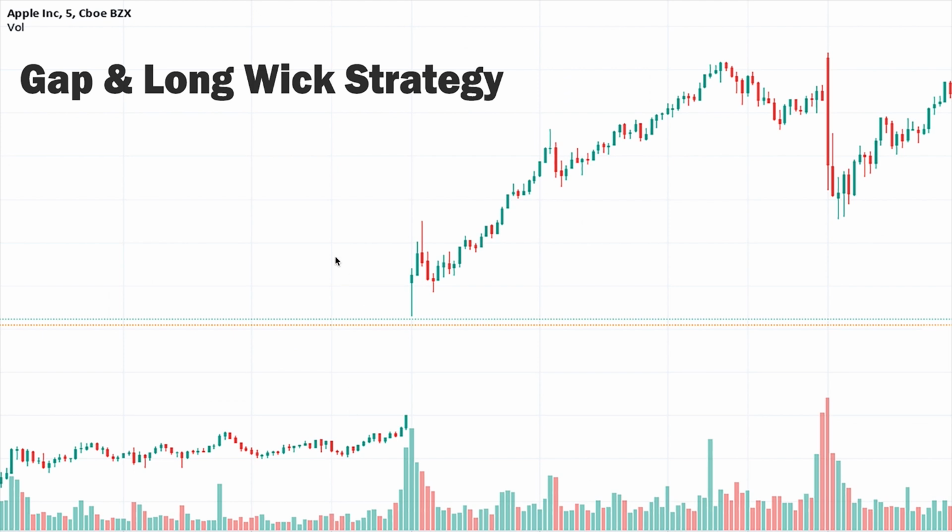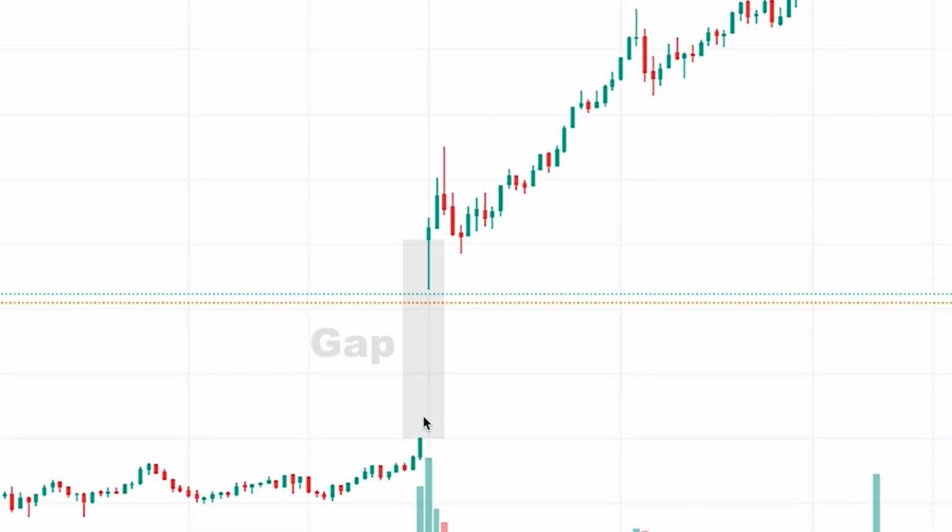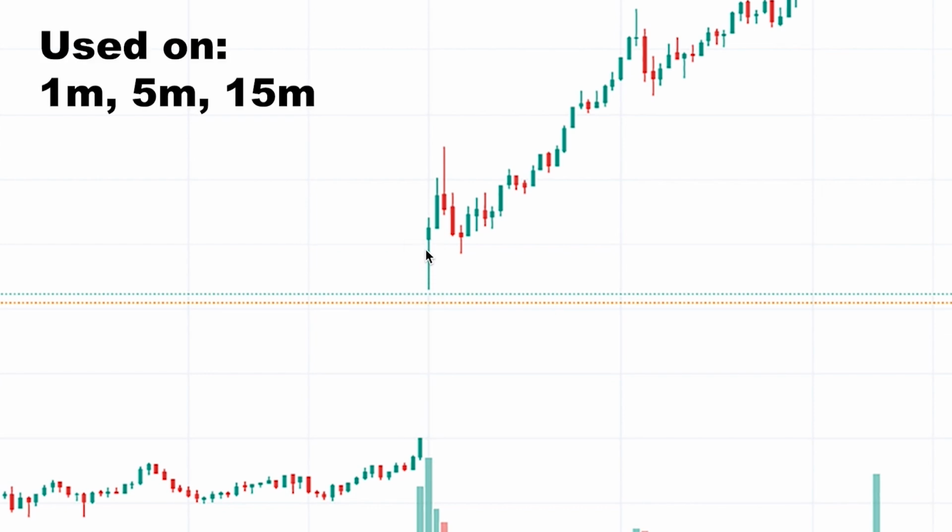The second strategy is called gap and long wick strategy. In this strategy we have a gap, and ideally it's better to be a large gap. The larger the gap, the stronger will be the pattern. The strategy is used on short time frames like 1 minute or 5 minutes, and it's used on stock market where sometimes we can see gaps at the opening hours of the market, or in Forex market at the beginning